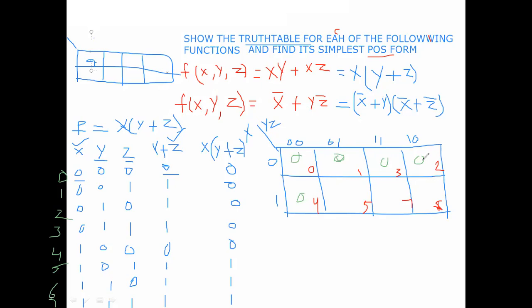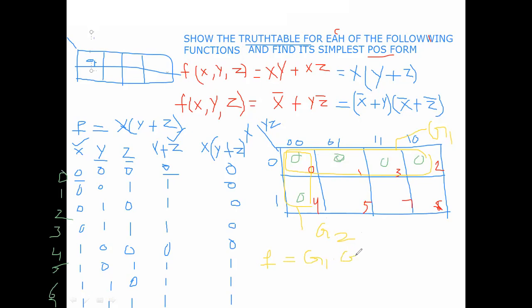So is any quad possible? Yes. Which is the quad? This is the quad. 4 adjacent zeros are here. This is group 1. Is there any other quad? No. Is there any pair possible? This is a pair. This is group 2. Now the function is equal to group 1 dot group 2.